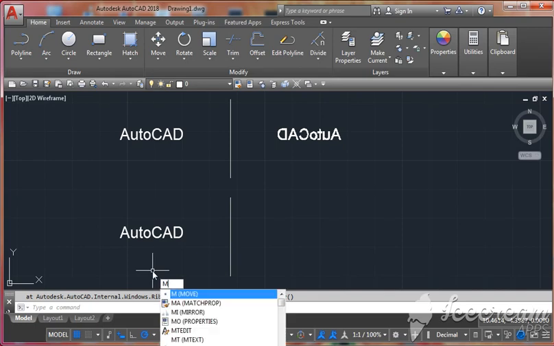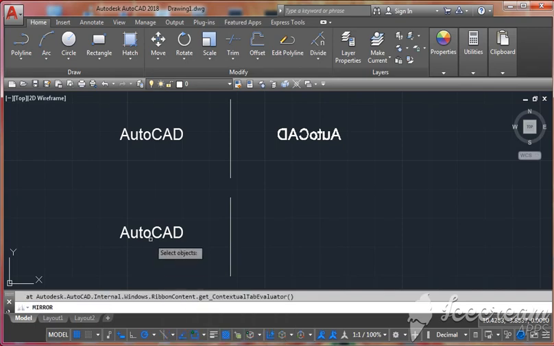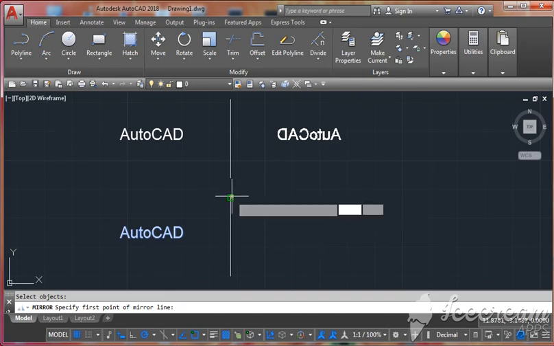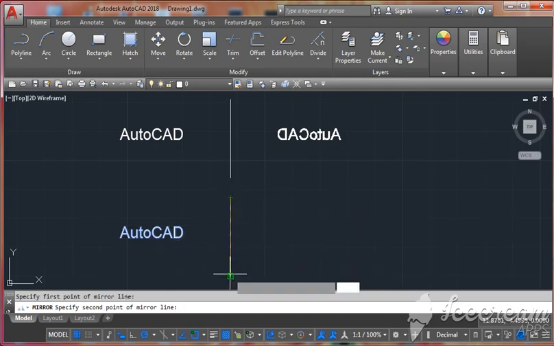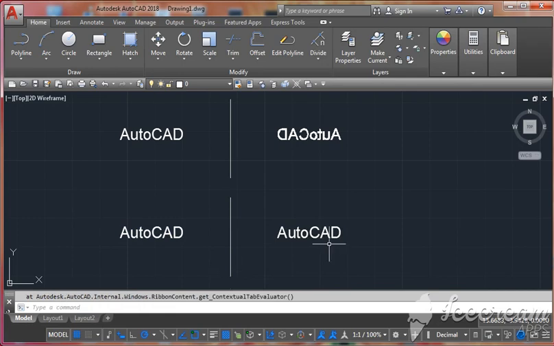Now let's try the mirror, MI, enter, select the text, again enter, then click twice on the screen. See, if your MIRRTEXT value is 0, then you can't mirror the text. If your MIRRTEXT setting is 1, then you can